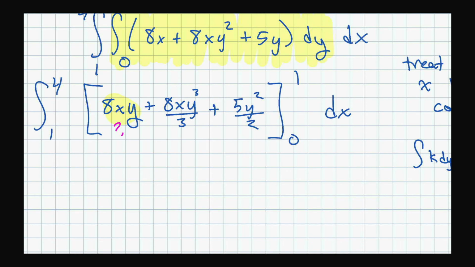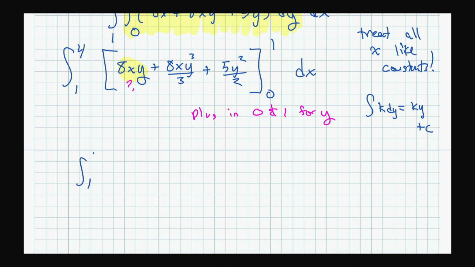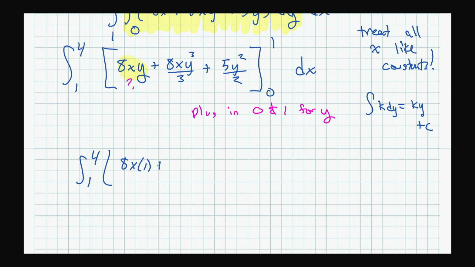Make sure that makes sense to you. After you do that, we're plugging in our 0 and 1. So plug in 0 and 1 for y. It's quite easy to get mixed up about which variable you're doing. So we'll put in a 1. We have 8, 1. See, I already messed up. I have 8x1 because we're plugging in for y, plus 8x1 cubed over 3, plus 5, 1 squared over 2,